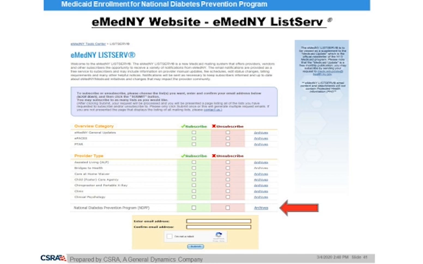So this is what that page looks like. And when you complete this, you'll just simply find the topics that you're interested in subscribing to under the listserv, and they're listed here, usually alphabetically, except for the ones at the top. I usually tell people they should sign up for the eMedNY general updates,